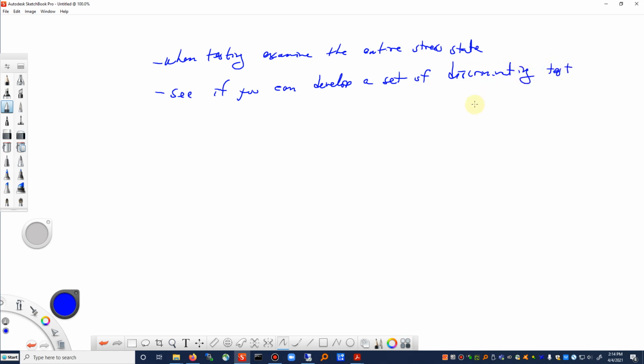If you have an idea about how cracks form and why they're forming on these particular directions, see if you can influence that behavior by doing different combinations of tension and torsion,